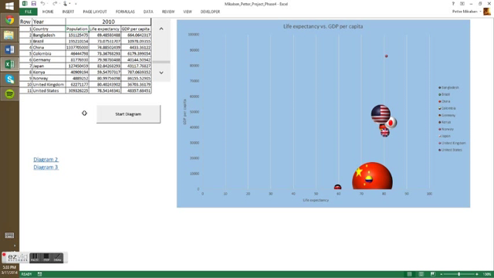And here's 2010. You see Norway kind of up there by itself, but you mainly see all the first world countries kind of together here, which is not very surprising. And you see China has a really large population, so it's kind of hard for them to have a high GDP per capita, and it's also probably much cheaper living there, so they're pretty much there too, or at least